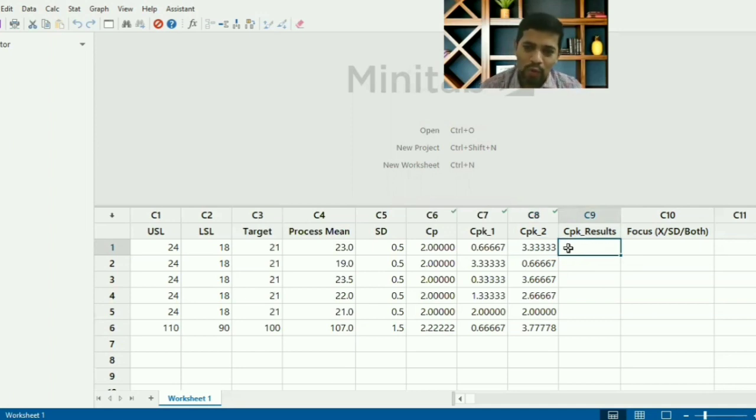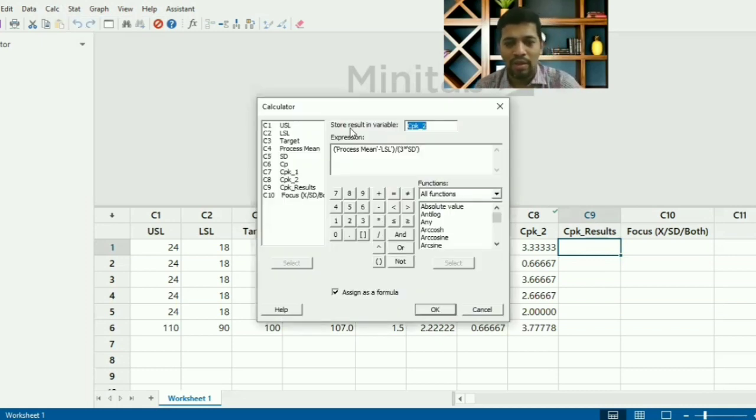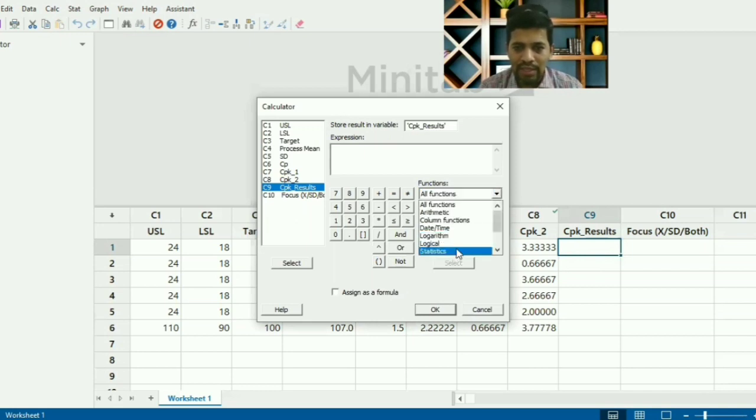To do that, you can again substitute your formula. Go to calculator, pick up the formula, press F3, and I'm going to paste the actual result of CPK. For that, you can go to the functions, pick up rows, go to statistic, and in the row statistic you have something called minimum.